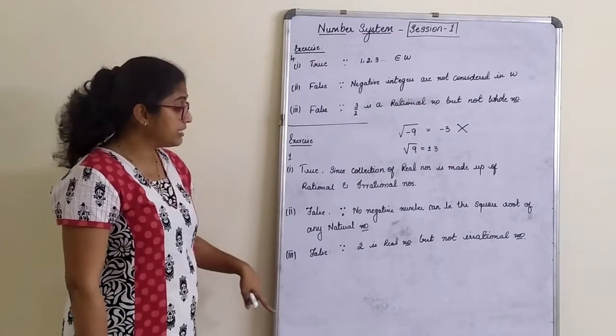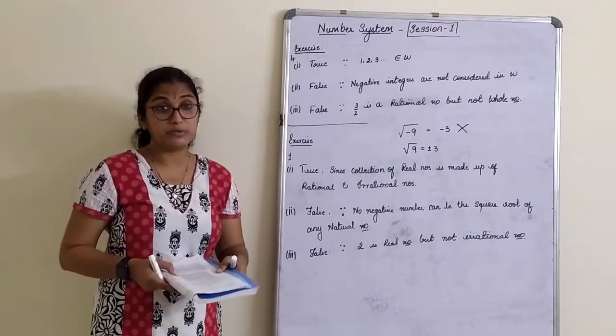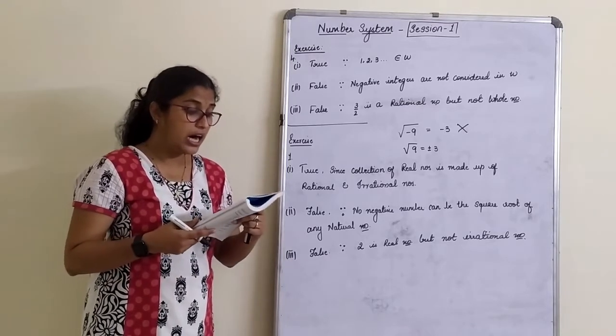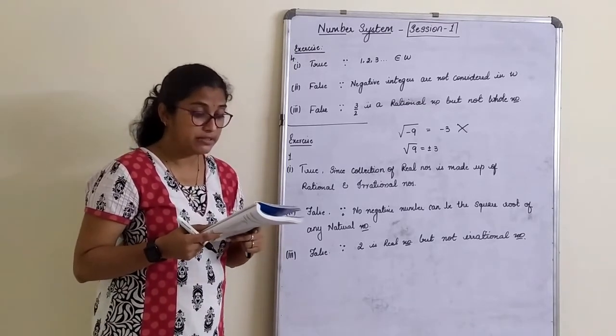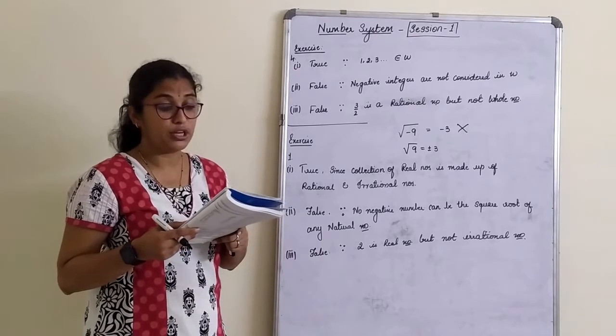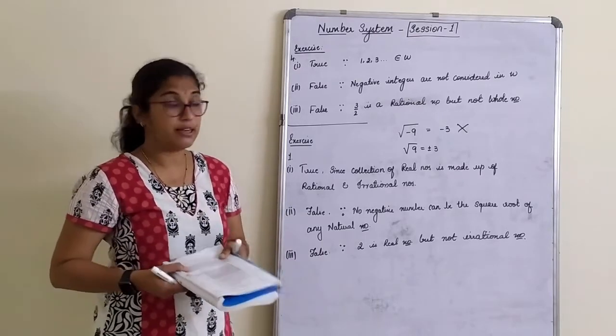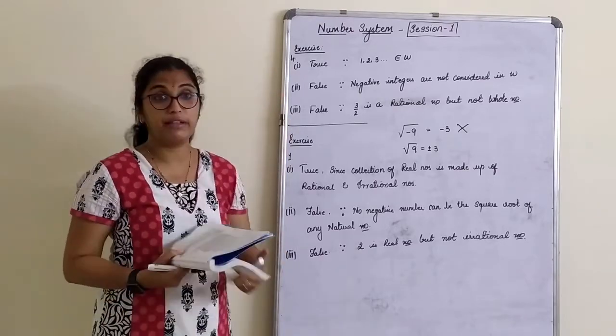So I have written with direct statements here. You need to just copy down the question and write. There is one more here, the second one. Are the square roots of all positive integers irrational? If not, give an example of a square root of a number that is a rational number. Once you finish this, we will again solve the next one.